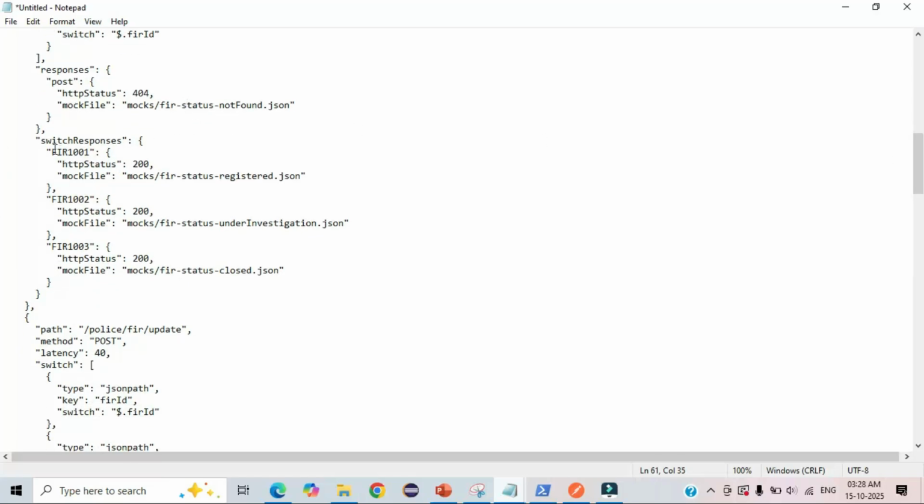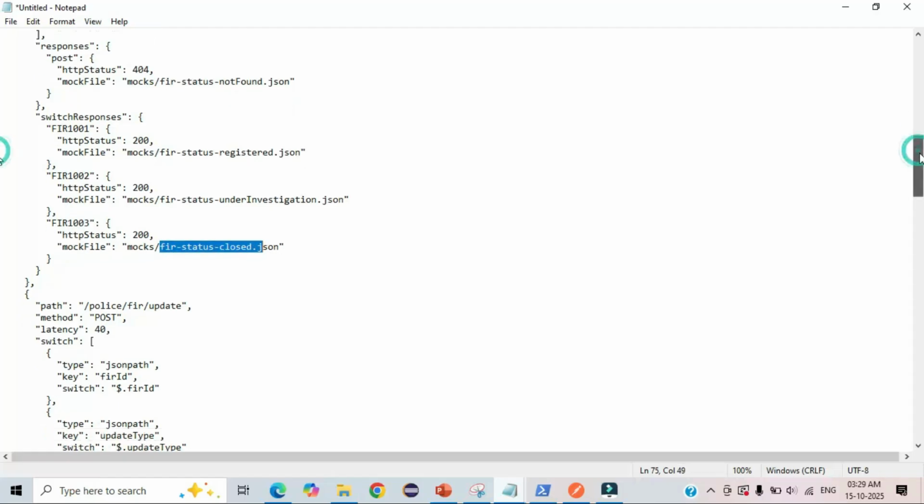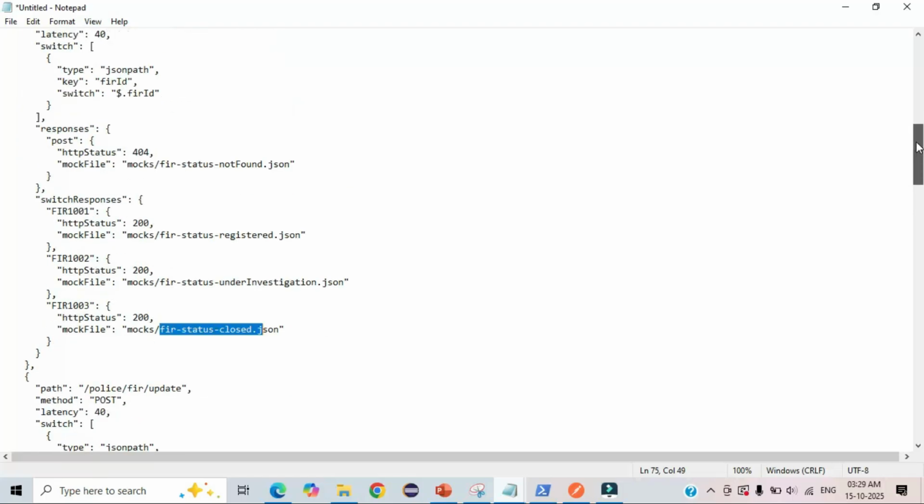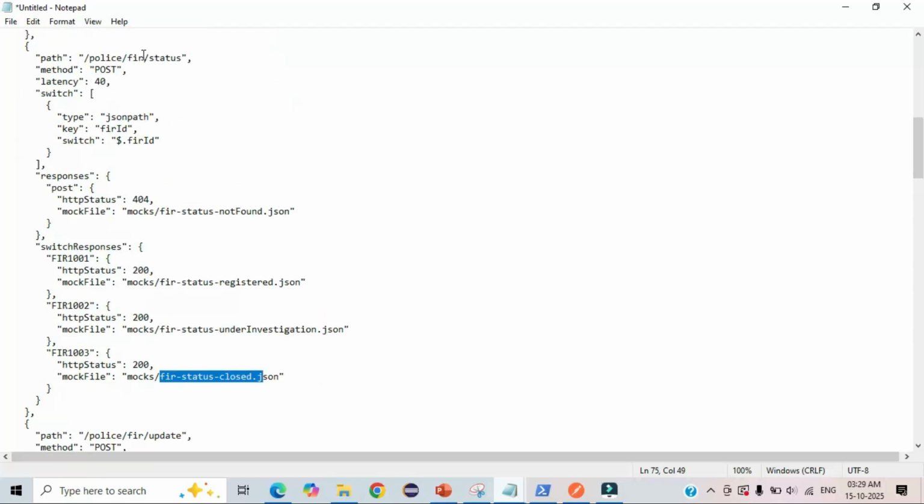Next one, this is one type of FIR number: 1001, 1002, 1003. Depending on my filter criteria, it will call. If it is 1001, then it will call FIR status registered. If it is 1002, it will call FIR status under investigation. Third one, if the FIR ID is 1003, it will call FIR status closed. So this is how I'm maintaining four files within this status API. So next one,